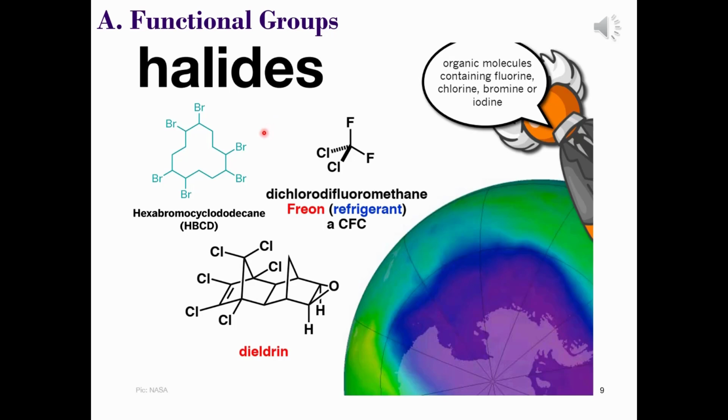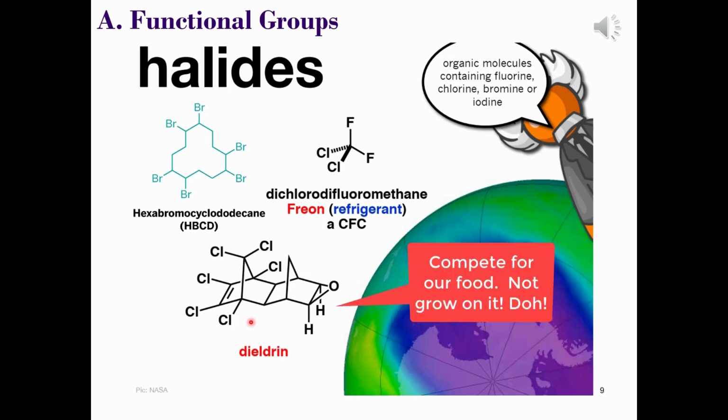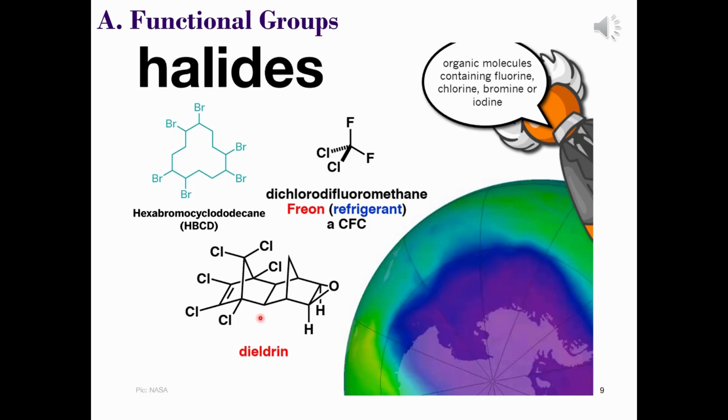This small selection of organic halides we see here achieved notoriety as they were designed with good intentions in mind. Hexabromocyclododecane was originally intended for use as a flame retardant. CFCs, such as the refrigerant Freon, were intended to keep your fridges cool and your houses cool in the AC system. And finally, dieldrin is an insecticide used to kill insects that grow on food. All of these substances are now banned by the Environmental Protection Agency because of their harmful effects on the environment,